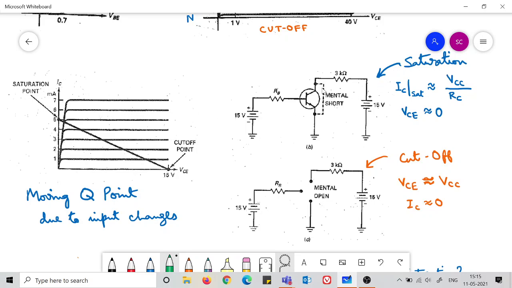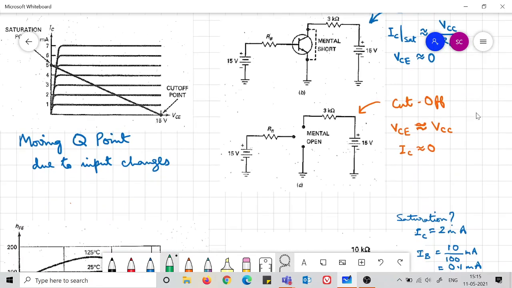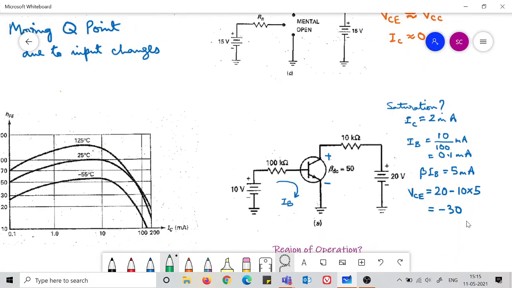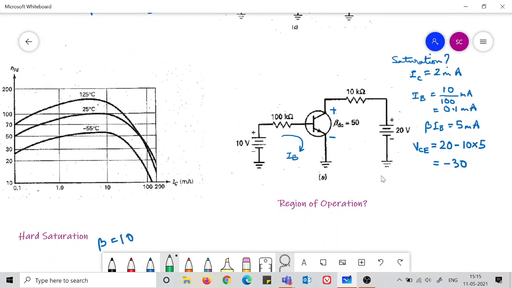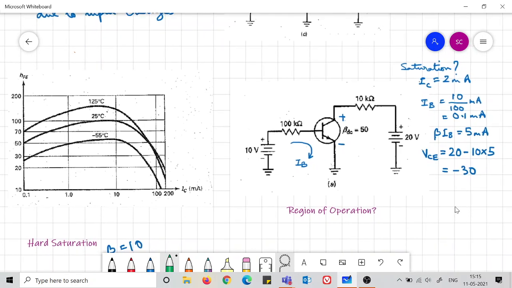If your IC, when you have even a mental short like this, comes out to be less than that, that means we are in the saturation region. So that is one way to determine. Here we have done the analysis in this area, and another way to determine is this,